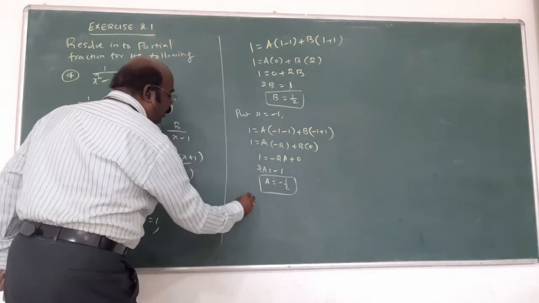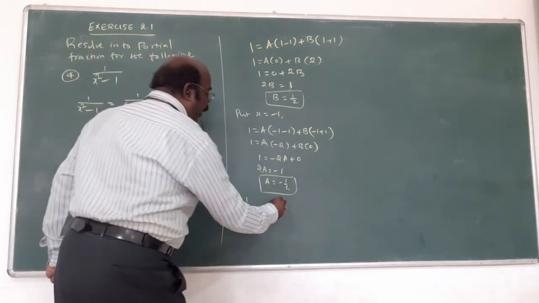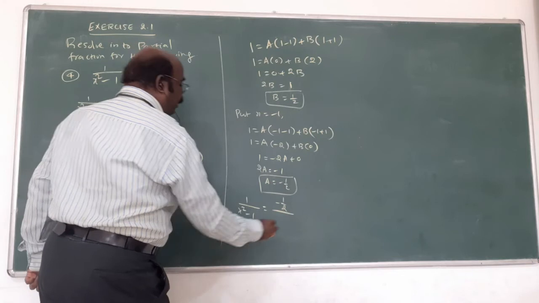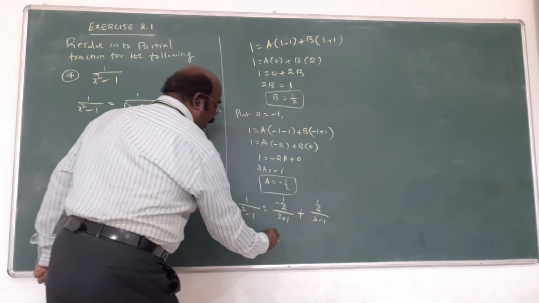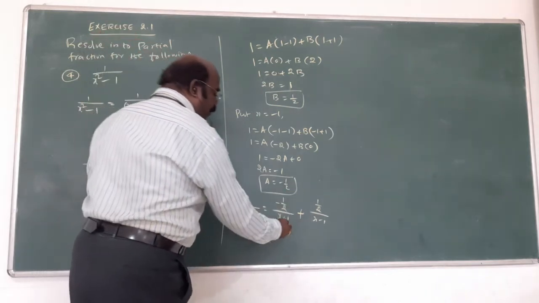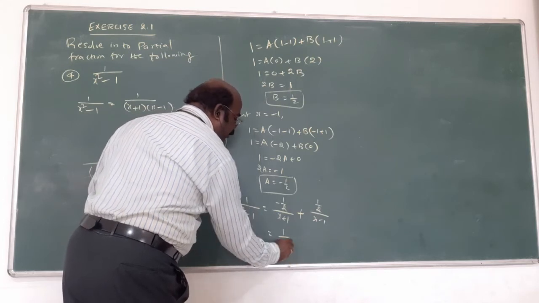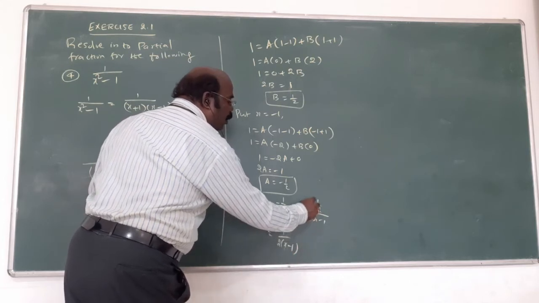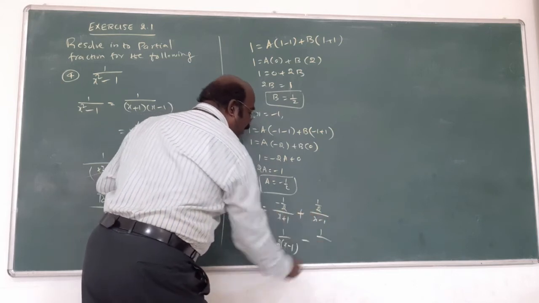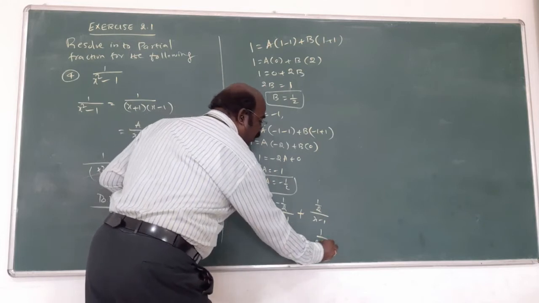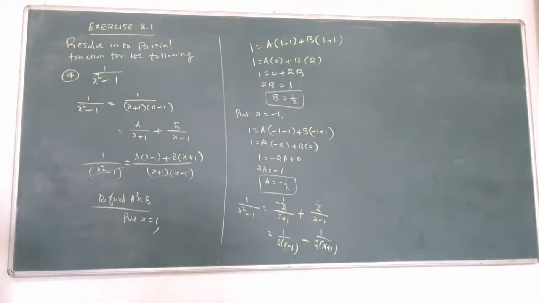Now write the question. What is the question? 1 by x square minus 1 equal to a by minus 1 by 2 divided by x plus 1 plus 1 by 2 by x minus 1. Already told you, plus 1 by 2 first term. Here 1 by 2 into x minus 1 is positive first. Minus, this is what? 1 by 2 into x plus 1. This is the answer. Am I right? This is the answer. The same method.